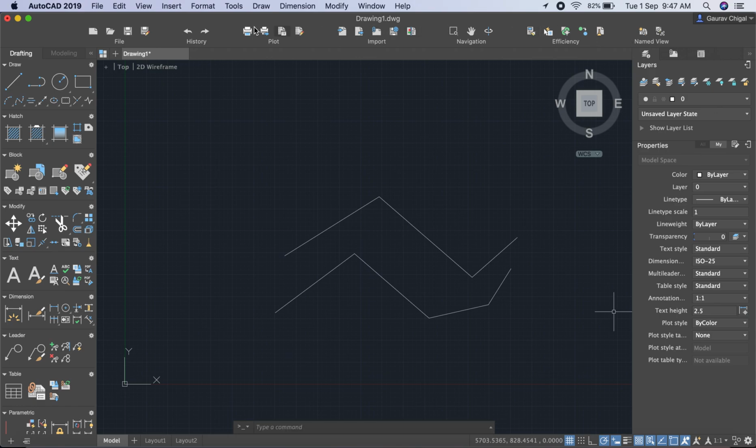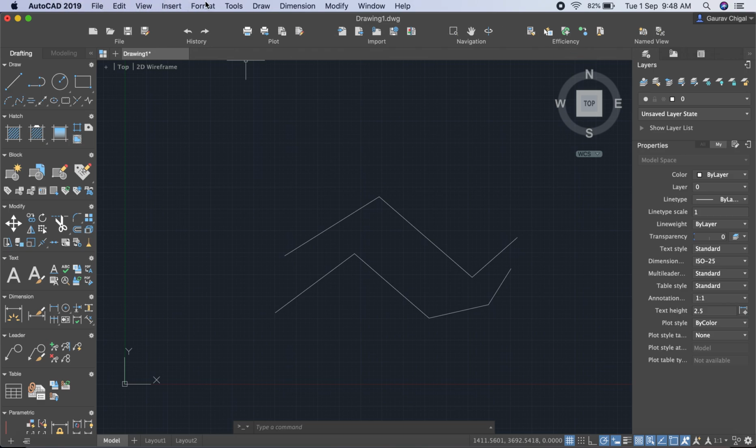On the top of the screen you have your various icons used in this software. Like if you want to open a new project, you click on the new icon. If you want to open the previous project, just click on this open. Want to save anything, you have to click on this icon. Redo and undo part here, and then if you want to take a print, you use this plot bar and so on.